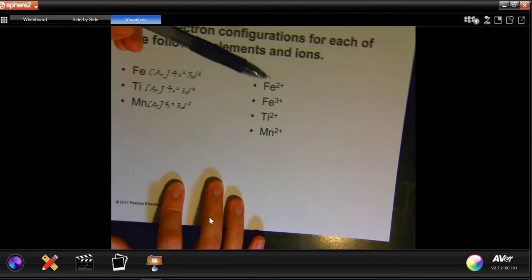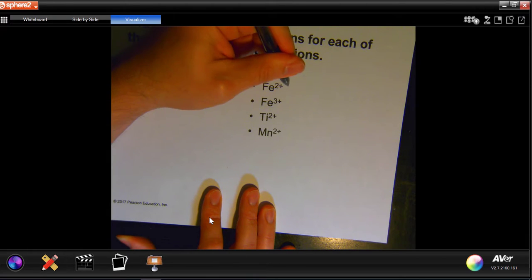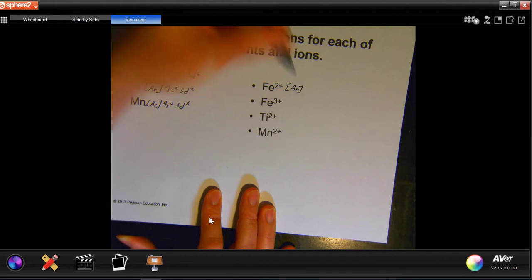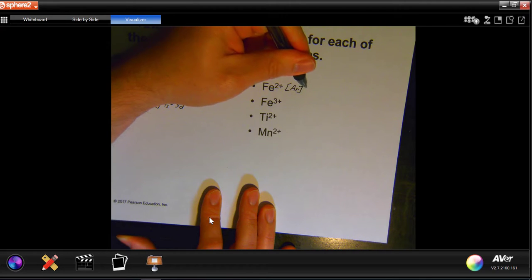Now we're going to go ahead and do the ions. For the ions, what we need to realize is we're losing electrons. How many electrons are we losing, and which electrons are we losing first? For the first iron, we are losing 2 electrons. We're not losing any of those core electrons, so we'll start with argon. And then we lose 4s before we lose 3d. So we'll lose both of those 4s electrons. So we will have